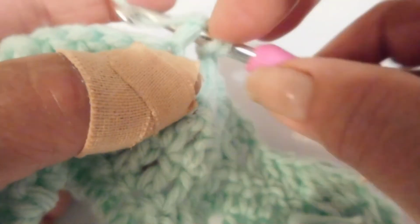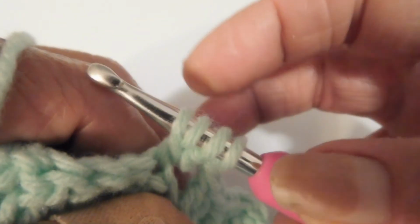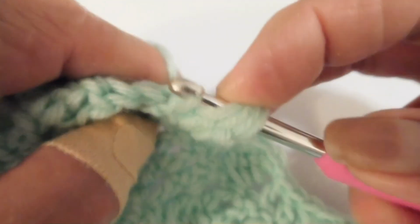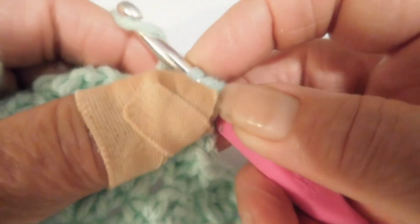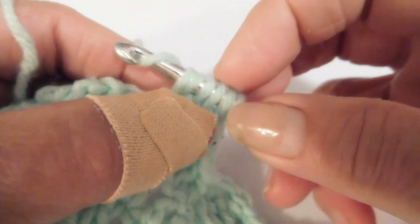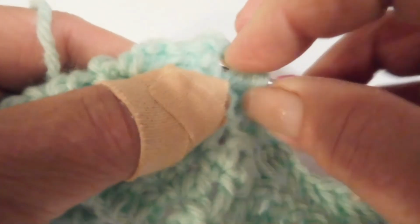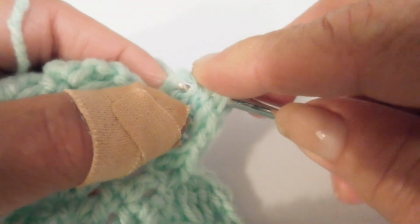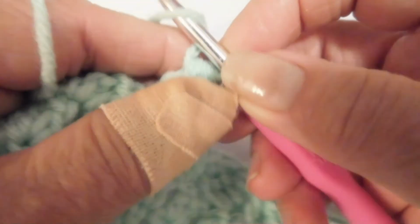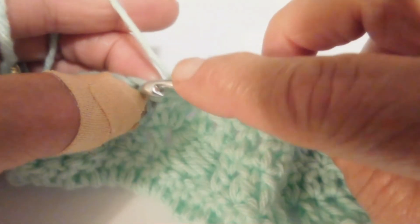So we're going to yarn over around the double crochet, yarn over, pull through 2, yarn over, around the double crochet, yarn over, pull through 2, yarn over, around the double crochet, pull up a loop, yarn over, pull through 2, yarn over, around the double crochet, pull up a loop, yarn over, pull through 2, one more, yarn over, around the double crochet, pull through 2, there's my 6, yarn over, pull through 6, chain 1, skip 1, 3 double crochets,